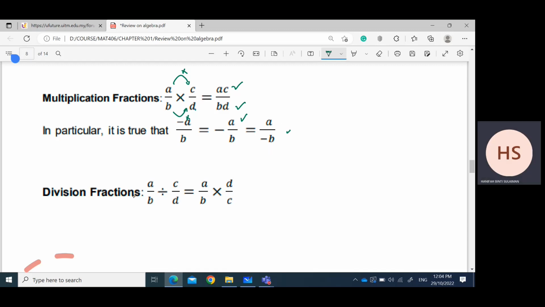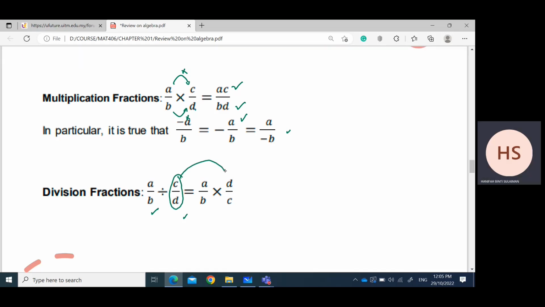Okay, so next division fraction. So division fraction means that we have a fraction and we divide it by another fraction. Ni pecahan dibahagikan dengan pecahan. For example, we have A over B divided by C over D. Okay, so it is equivalent with A over B multiplied with D over C. So yang ini